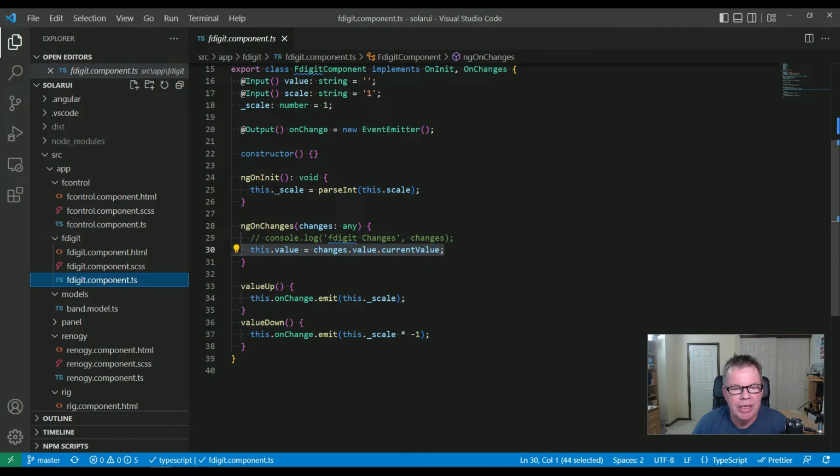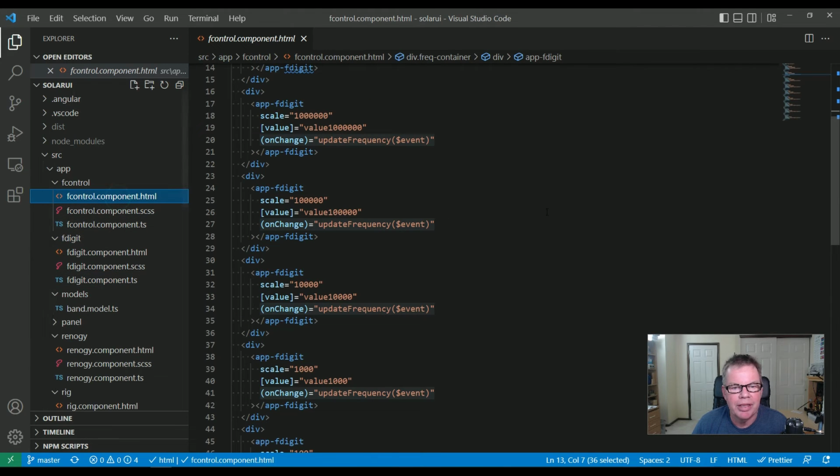And let's see what's happening here. So when it starts up, it sets the internal scale to whatever was passed to it. If I press the value up button, it just emits the current scale value. If I do a value down, it emits a negative version of the current scale value. So the digit control is pretty simple, and then if we go up to the frequency control, we see here